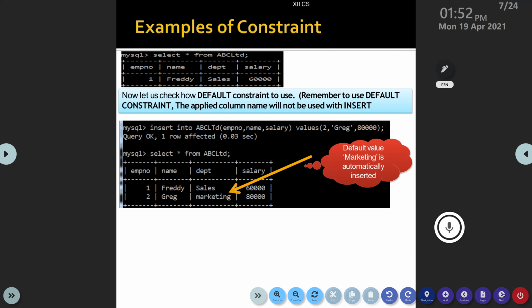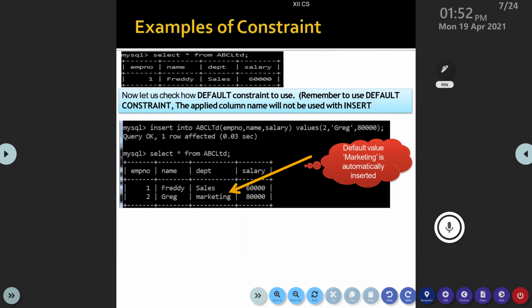To use the default constraint, first of all, we need to write the steps. Insert into ABC Limited, EMPNO, name, comma, salary. In that values we are adding 2, Greg, 8,000.